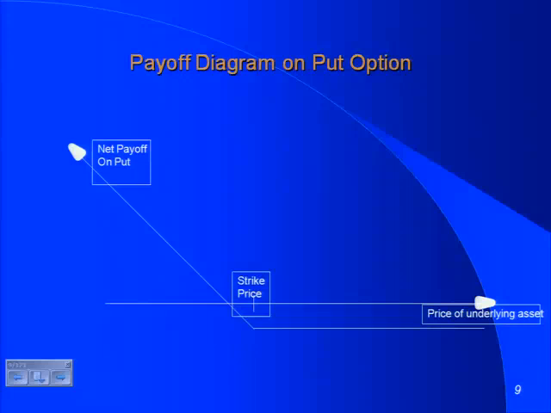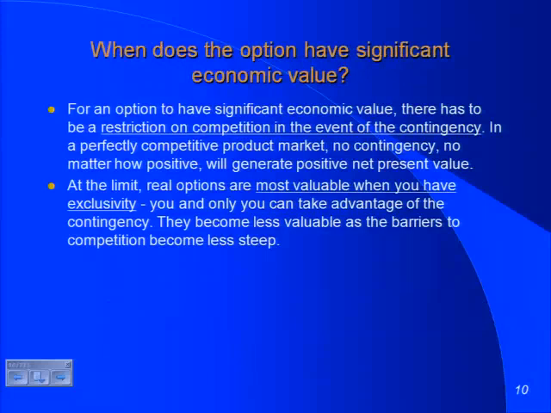You can already see there are lots of assets which have payoff diagrams like these. And if you have a payoff diagram like this, you have an option in your hand. Here, to me, is the key step at which you start losing real options. When does this option have significant economic value? I'm going to give you a word which to me is the key, a word that we should always be using in the context of real options to debate. Exclusivity. Options have value when you have exclusivity. You know what I mean by exclusivity? You and only you can exercise this option.